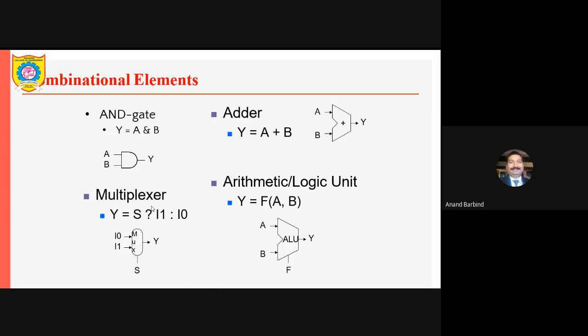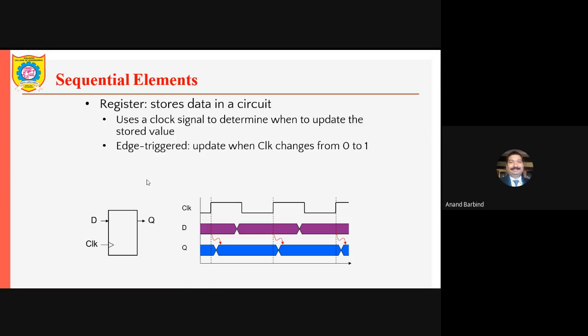Of course, there is a separate unit on the memory, and we shall go into the details of that later. So these are the combinational elements: multiplexer, arithmetic and logic unit, adder, and all these things. They will be used to build this particular thing. Among the sequential elements, one of the most important is the register. The D flip-flop is being shown here, whereas the other flip-flops, that is JK flip-flops and T flip-flops, are also sequential elements, but as far as only storing of data is concerned, most of the time the D flip-flop is used.